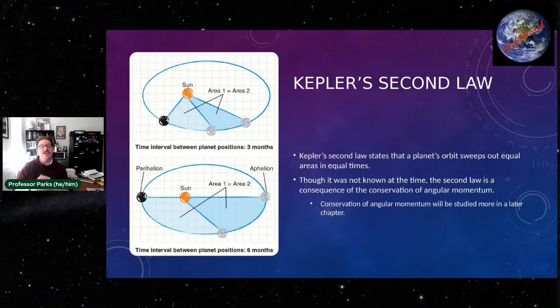The second law is equal areas in equal times. This refuted the Aristotelian belief that things move in uniform motion, that the speeds and velocities of planets are constant throughout their orbit. As Kepler found through Tycho's observations, planets near perihelion, closer to the sun, move faster than planets that are further away from the sun at aphelion. And then finally,